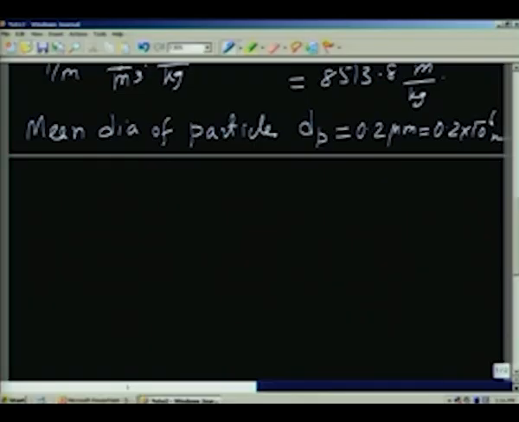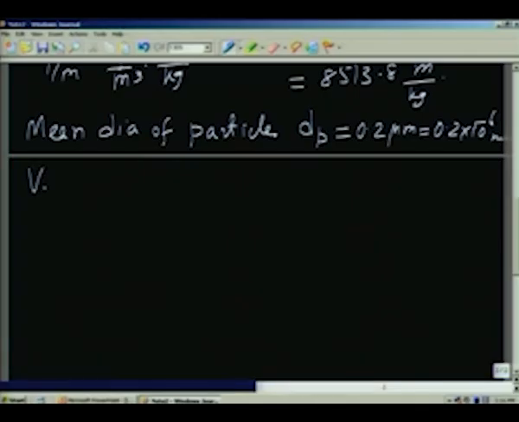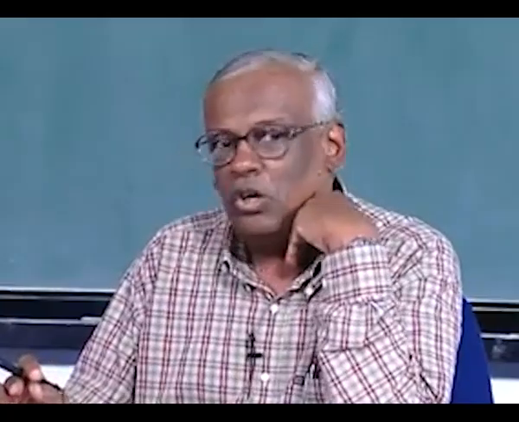So, we can find out the volume per particle. We will see how we are going to work it out. If we find out the volume per particle, then I can multiply by the density of the particle to get the mass per particle, and already I know the extension cross section per kilogram of the material. So, by knowing the volume per particle, I can calculate the mass per particle. Therefore, I can find out per particle what is the cross section.